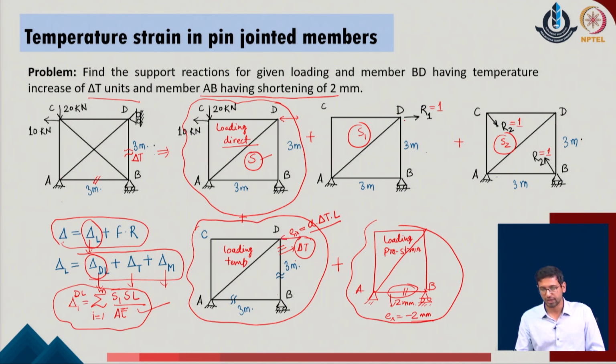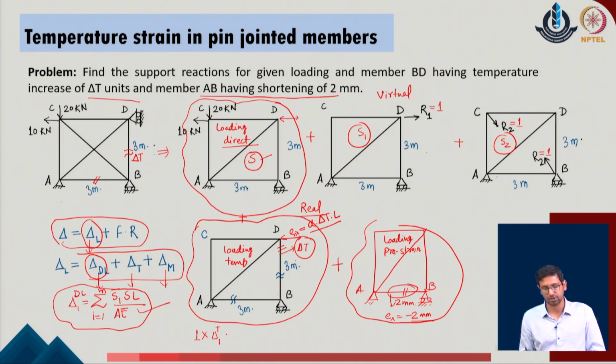So, I will describe this as a virtual system, and describe this as a real system for the given problem. Now, corresponding to this real system and this virtual system, I will write it as the amount of the external work done is 1, which is the external load, into the amount of displacement which is taking place over here, which is the delta with respect to the point 1 and the temperature part.